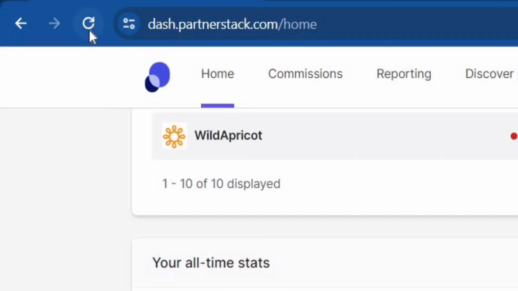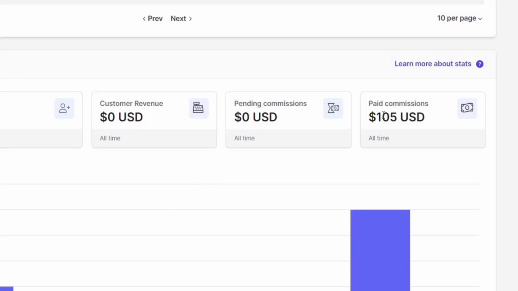Load my screen right here, so you get to know that this is actually real money you guys are seeing right here on my screen. So you can see right here everything still remains the same. So now I'm going to proceed to showing you exactly how you can actually make money right here from our